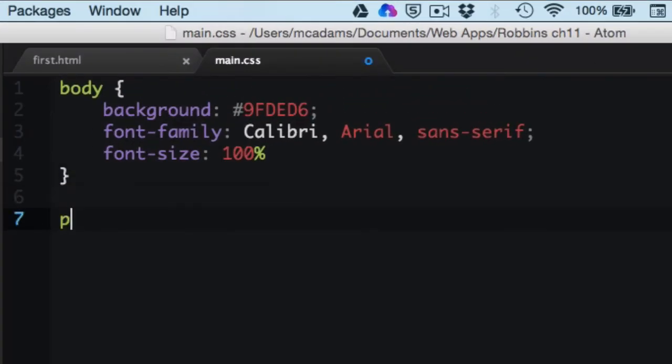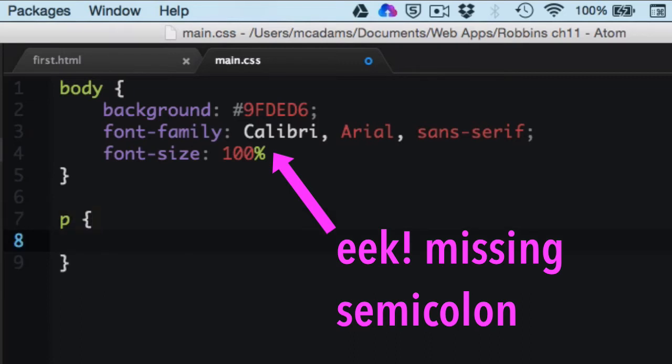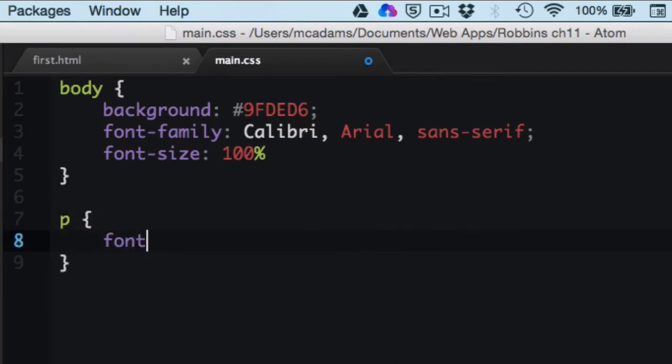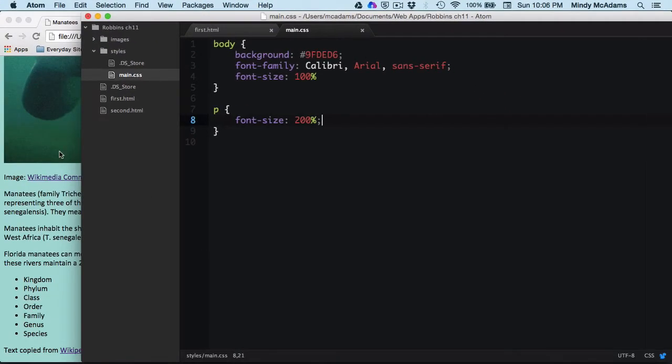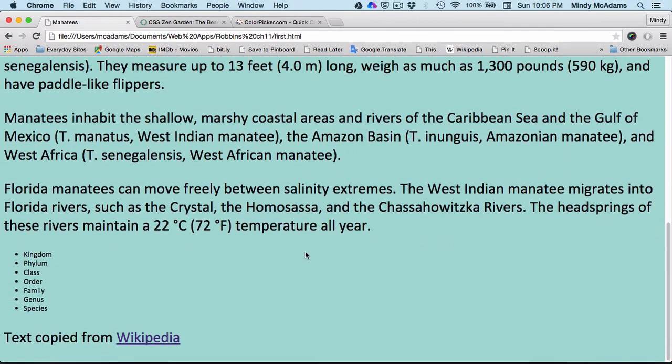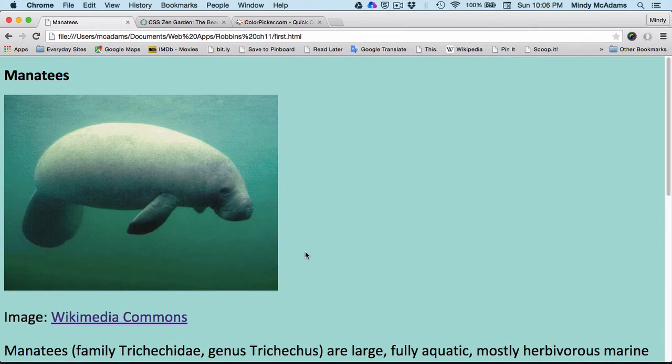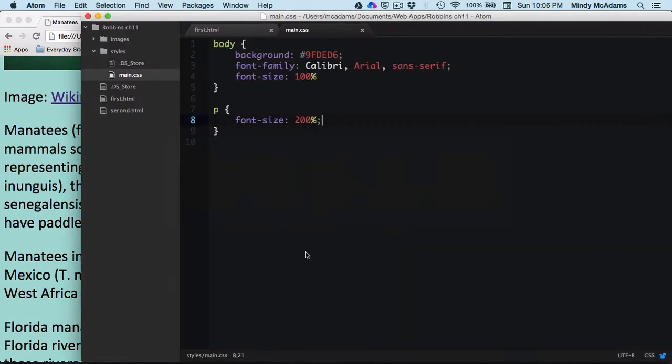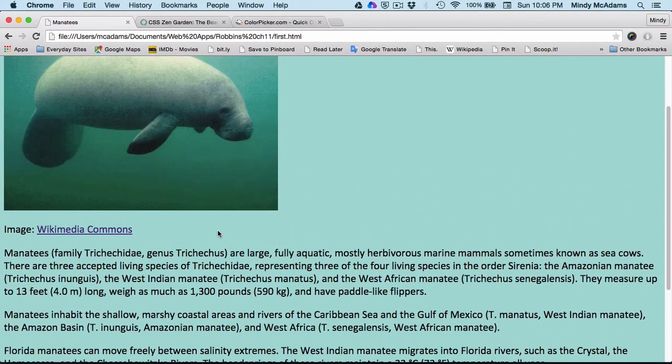So let's now make a new rule that applies to paragraphs. And here, let's make the font size, let's say 200%. Let's make it a lot bigger. So I'll save, and I will reload, and we instantly see a huge change, but maybe that's a little bit too much, too big. So let's go back, maybe say, I don't know, 140% maybe. Save, reload, maybe that looks more